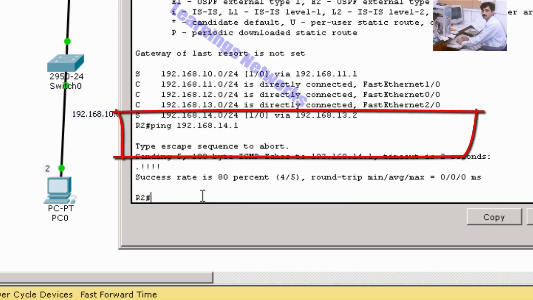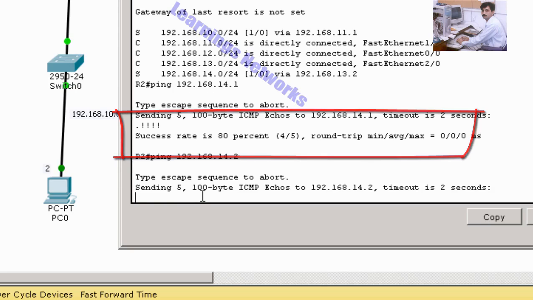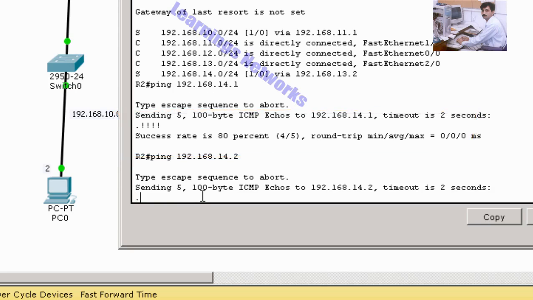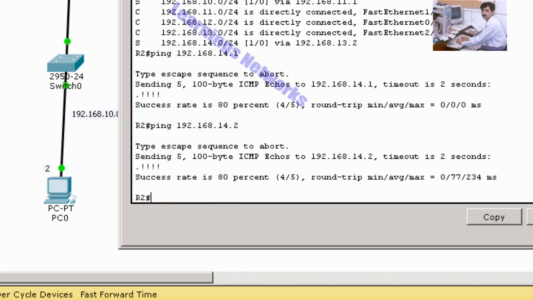That's it. 14.2. Okay, it means router R2 is seeing 14.1.